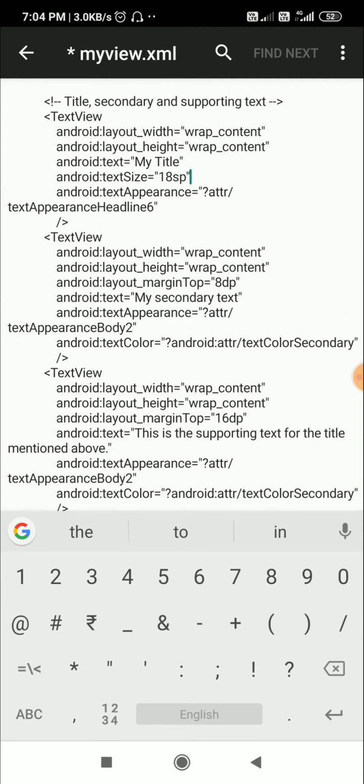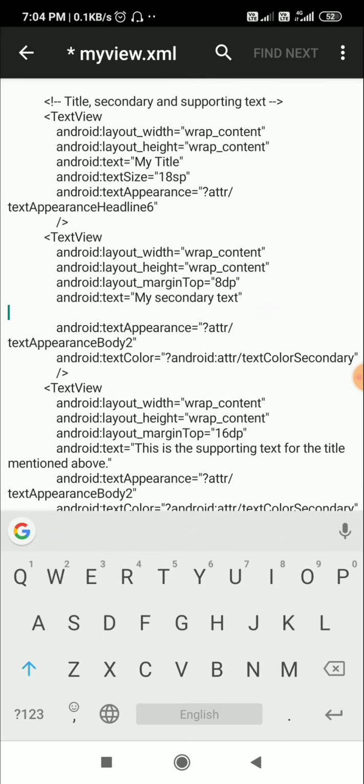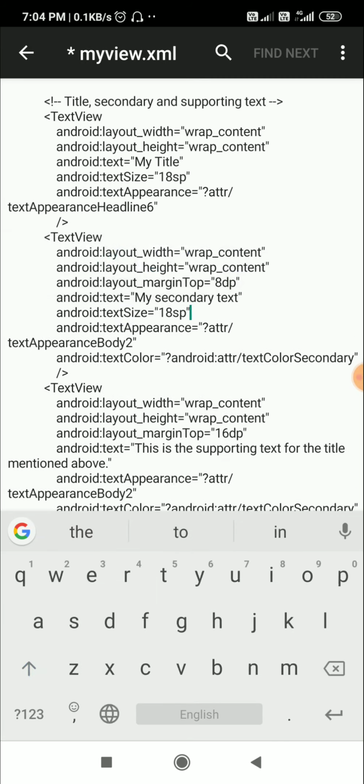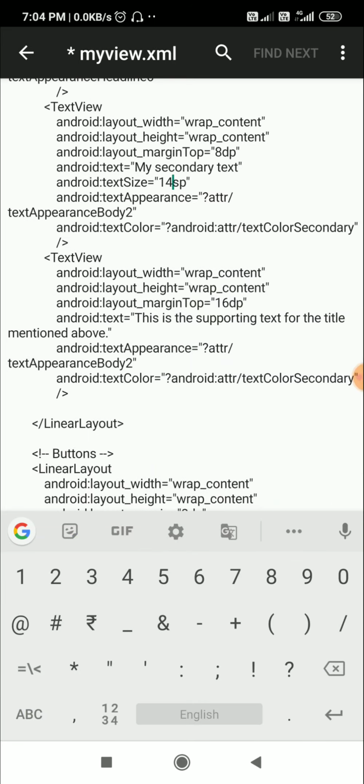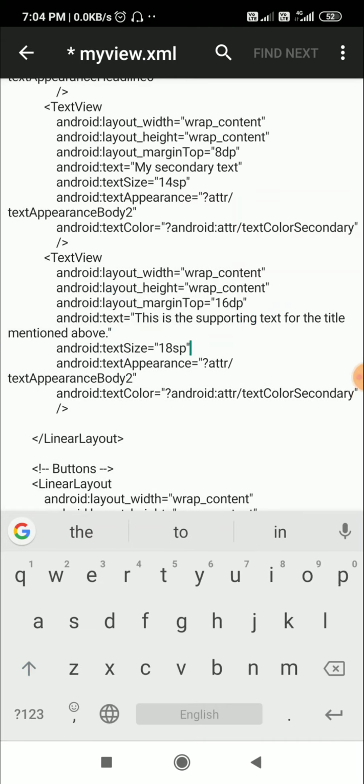Then for the secondary text I'll make text size 14 SP, and for the supporting text the text size will be again 14 SP.